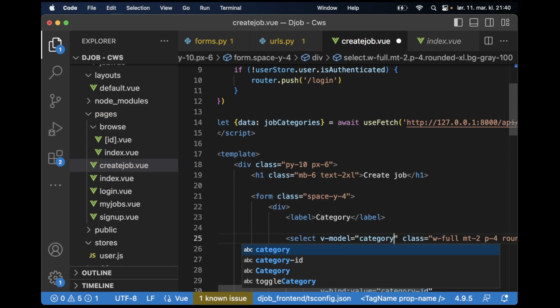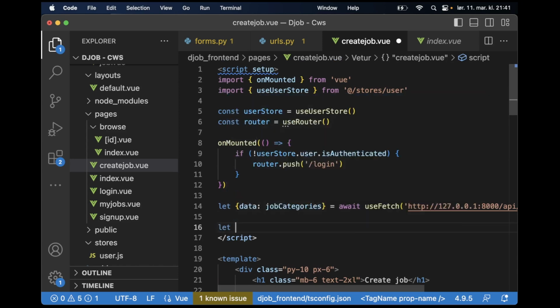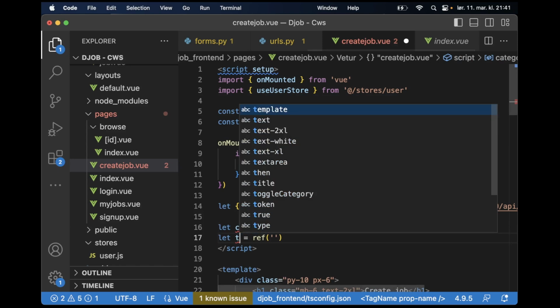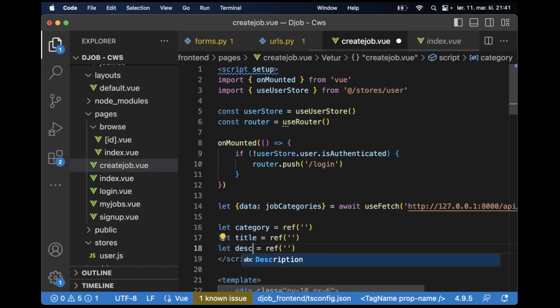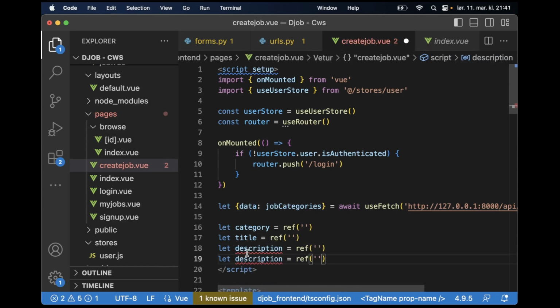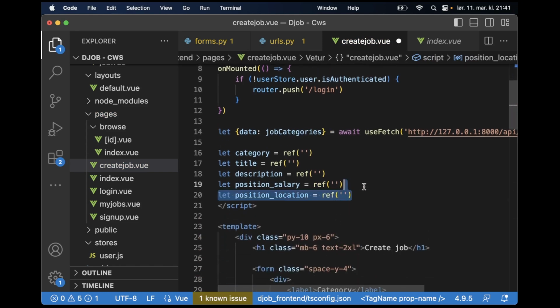So before I continue more here, we can set up all of these references in the top here. So below here, we can say let category equals ref to be an empty string. Make a copy of this for the title and for the description and for all of the other fields. Position, salary, and the position location,